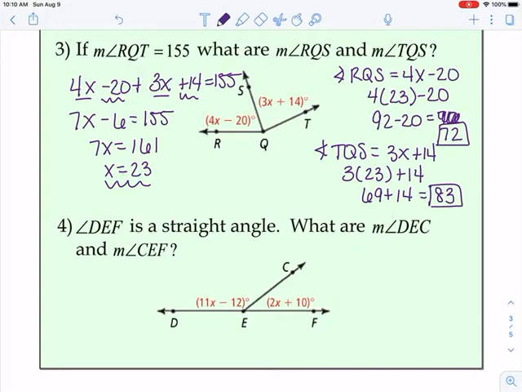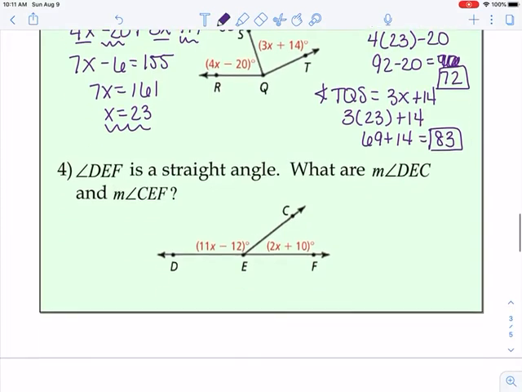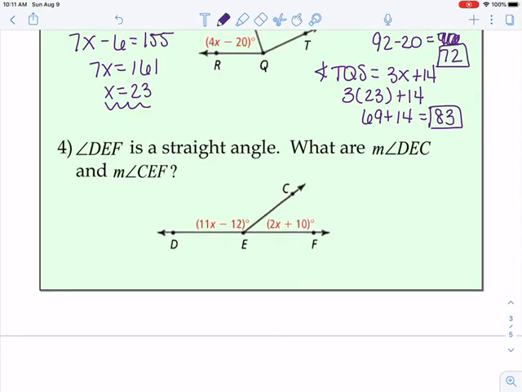For number 4, angle DEF is a straight angle. What are the measures of angle DEC and the measure of angle CEF? So again, we learned back in, I think it was section 1, that a straight angle has 180 degrees in it. So if I take those two angles and add them together, they have to equal a total of 180. So we'll do 11x minus 12 plus 2x plus 10